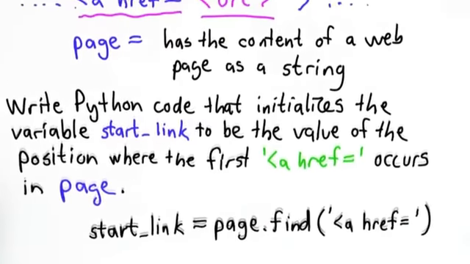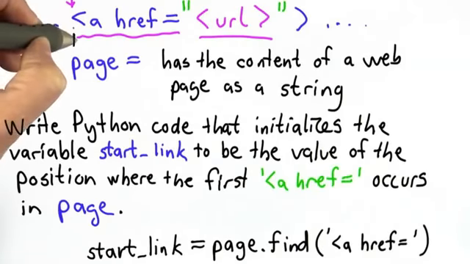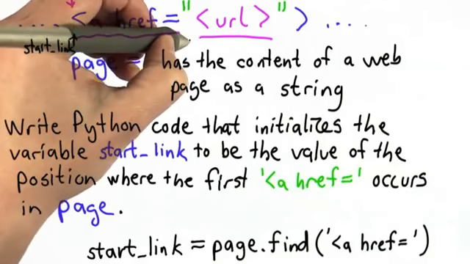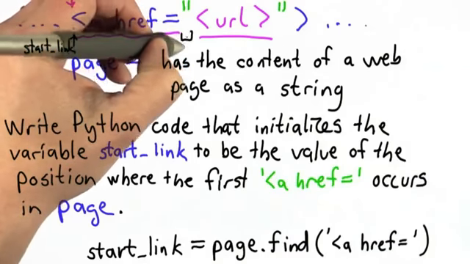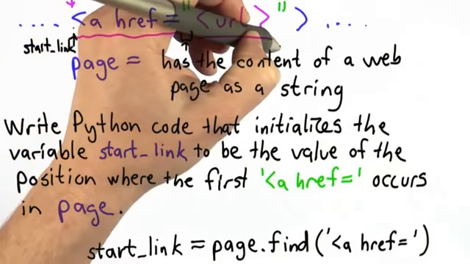Now what we want to do is extract the URL. So we found this position. That's going to be the value of start_link. Now our goal is to extract this URL. And the URL starts from the first double quote that we find after start_link, and it ends with the